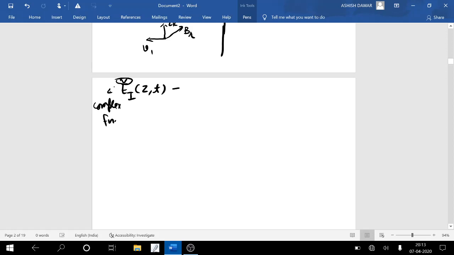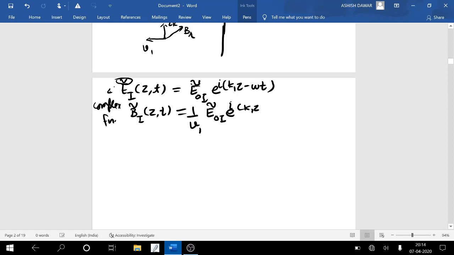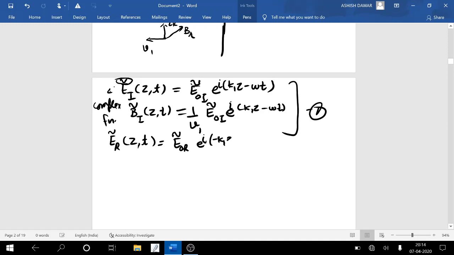So E_I(z,t) equals E0I exponential iota (k1 z minus omega t) x cap, B_I equals 1 upon v1 E0I exponential iota (k1 z minus omega t) y cap, and it gives rise to a reflected wave E_R equals E0R exponential iota (minus k1 z, because direction reverses, minus omega t)